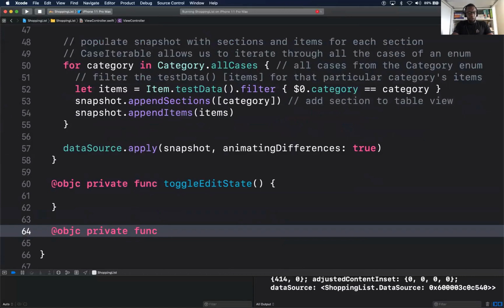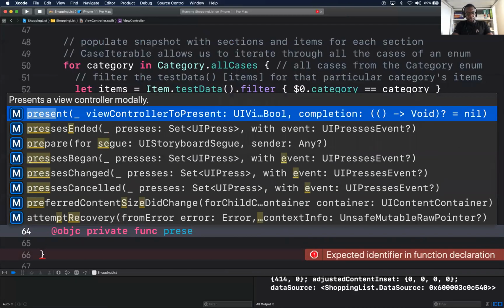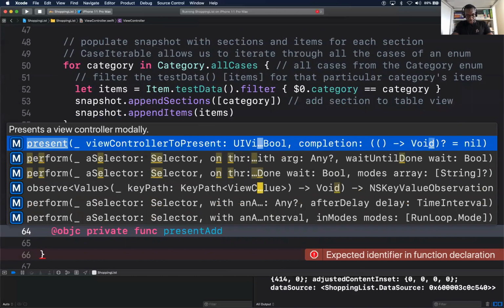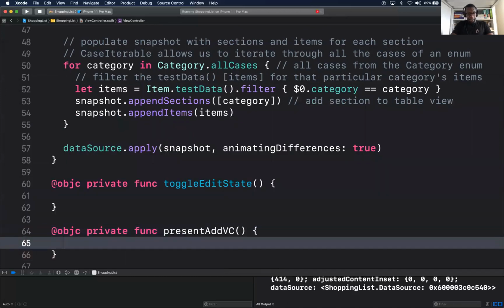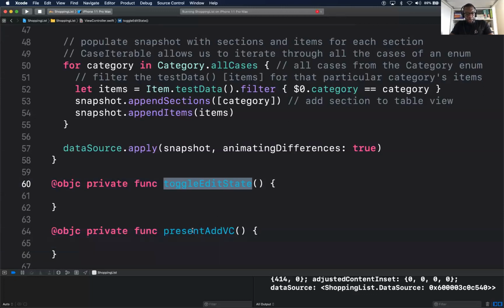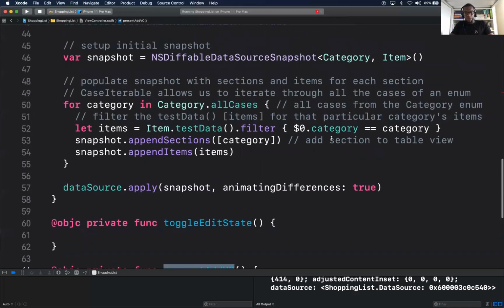And this one is going to be the add button. So we'll just say presentAddVC. That's okay. So those are the two things we'll be doing tomorrow. Both of them are @objc because we'll be using selectors on them.